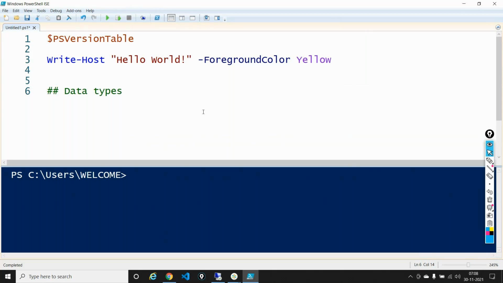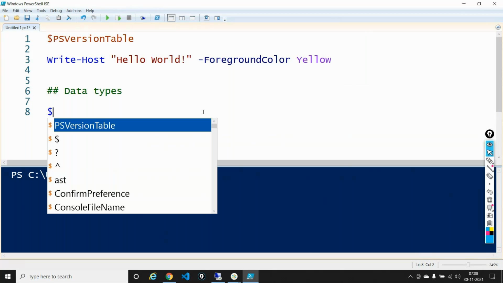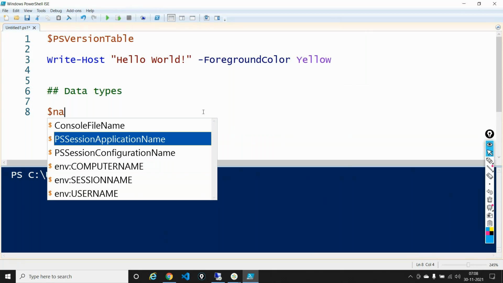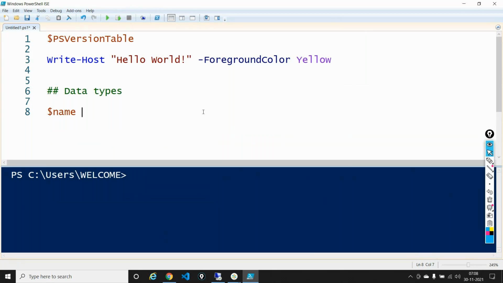So how do I store variables in PowerShell? I need to put a dollar. As and when I put a dollar, PowerShell will understand that I'm actually typing a variable out here. So here what I'll do is I'll say $name, and I'll say is equal to, I'll just give my name and put it here. Okay. So what is going to happen if I execute this is that